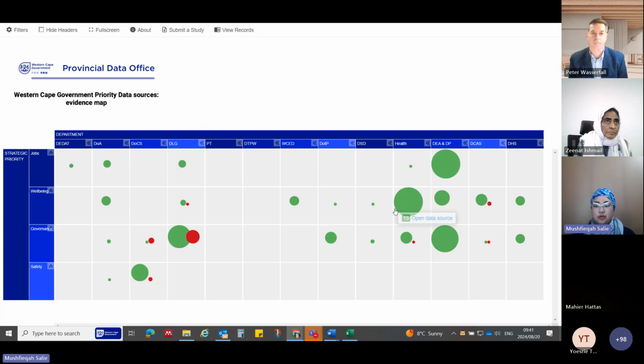And this really allows you to interact with different components of the evidence that is visualized in the map. So when you look at the map, you can see that there are many bubbles across it. And there are different ways within which you can filter the evidence within the map. So looking at the bubbles, I'll use this as an example. The green we filtered as open data sources, and the red we filtered as not open data sources. And the size of the bubbles will indicate the amount of evidence that is in that space. And at the same time, you are also able to see where there are gaps in the evidence